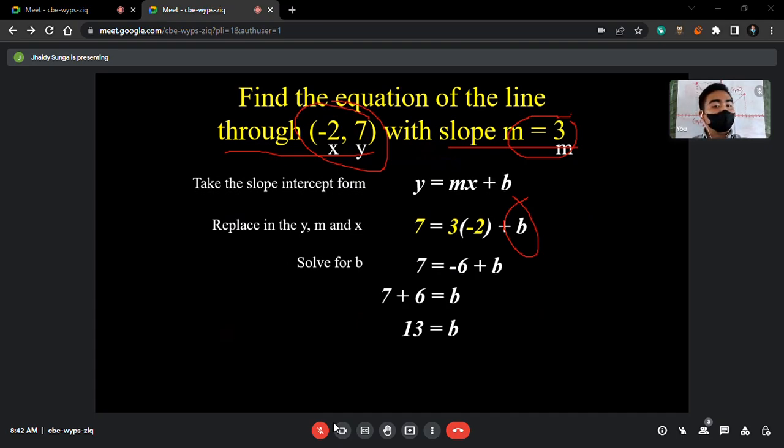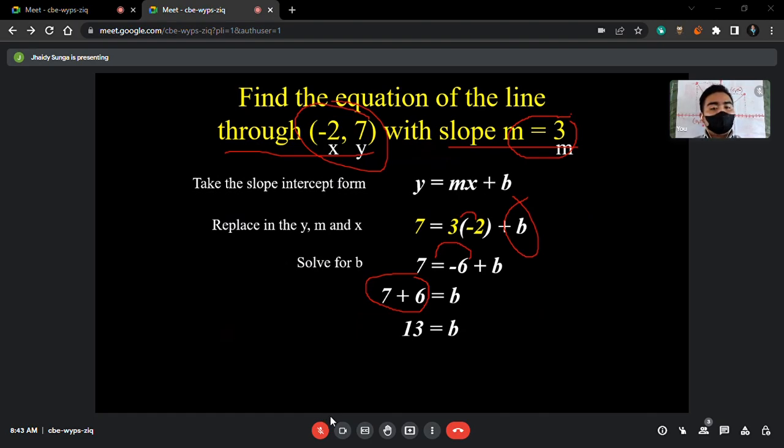Now, if we solve for b, the answer for b is 13. Why is it 13? From here, we multiply 2 to 3, so it became -6. And we transfer the -6 to the other side, that's why it changed signs and became positive. So therefore, if we add 7 plus 6, it is 13. Having the 13 itself